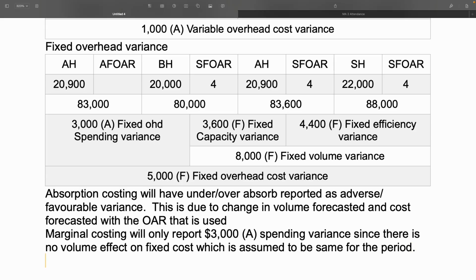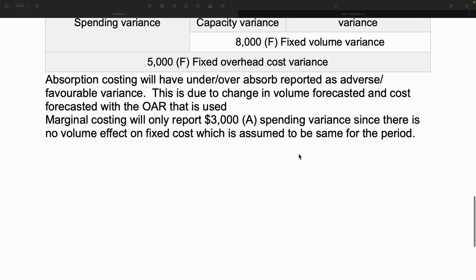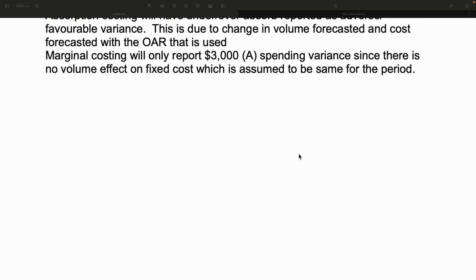Right. That would be the way you handle the whole thing. Now, finally, you might have to reconcile the whole thing. So if you're going to reconcile the whole thing,